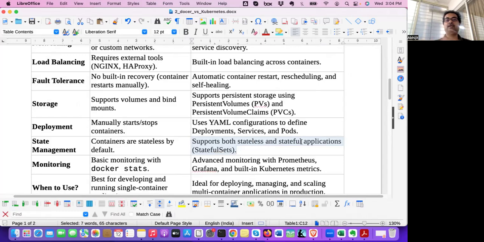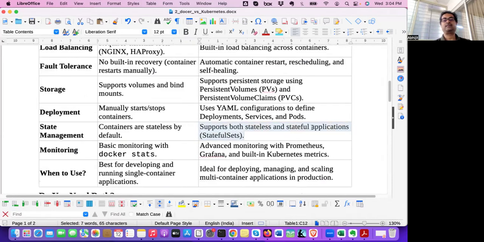But if you are going to Amazon, adding some item in the shopping cart, the request needs to remember the previous request. What was added? Session details, all these things it has to remember. So that's a stateful one, and most applications demand this kind of statefulness. If it is stateless, it's easy to scale up because it doesn't need to remember the state. But Kubernetes has support for statefulness. Docker does not have that kind of support.